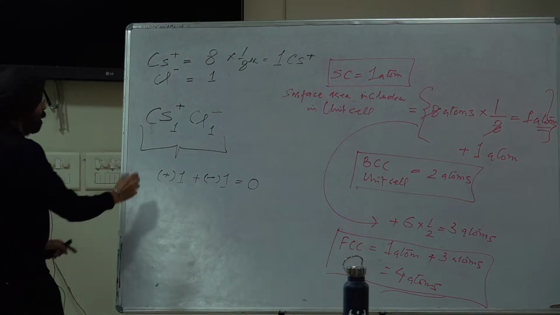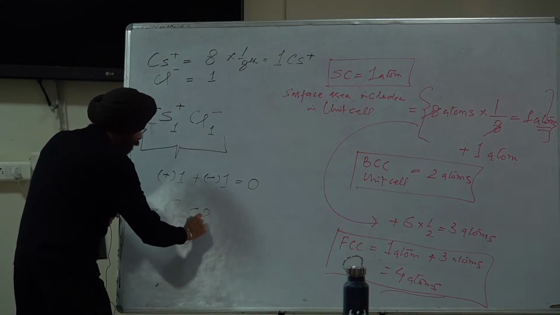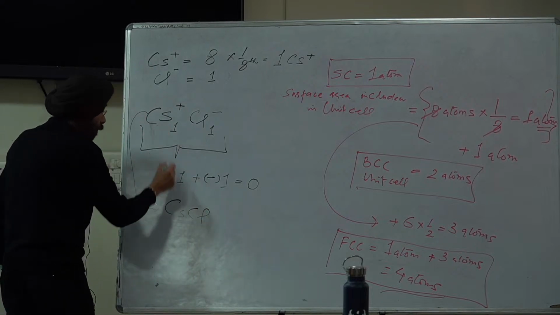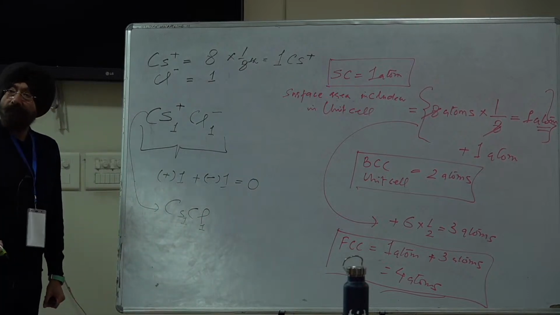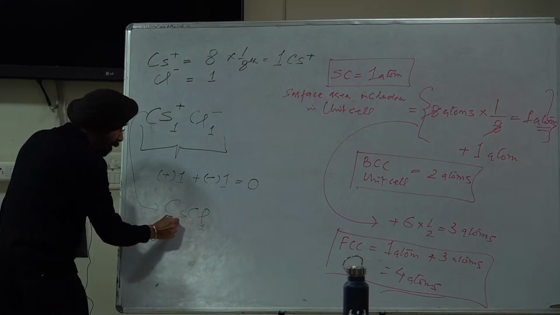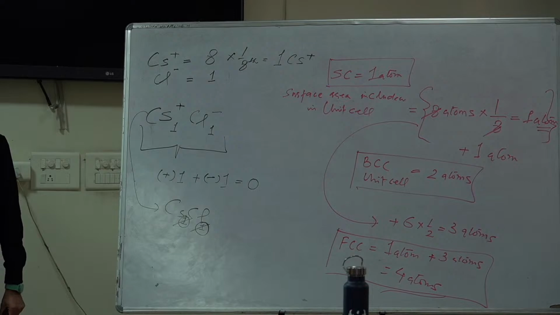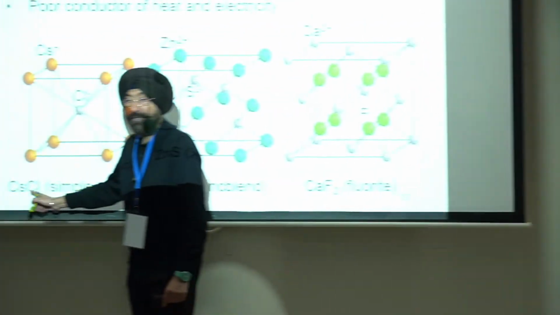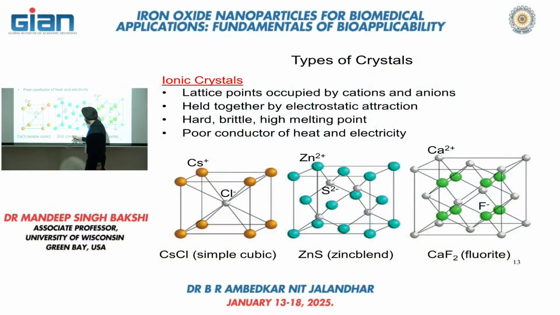So therefore, when we have to write it, we will write cesium chloride. We will not write the subscript, right? It is automatically understood that one positive charge is balanced by one negative charge. That is the meaning of this formula. So this is the way we draw it. Now we have to prove that